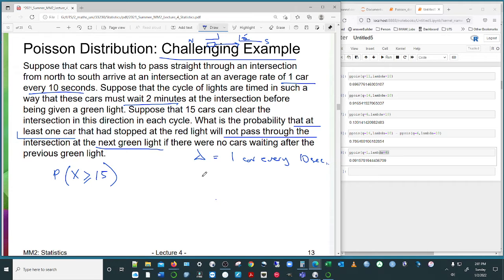2 minutes is what? If it's one car every 10 seconds, how many cars is it in 2 minutes? Well, 2 minutes is 120 seconds. Okay, so that's going to be a factor of 12. So it'll be 12 cars